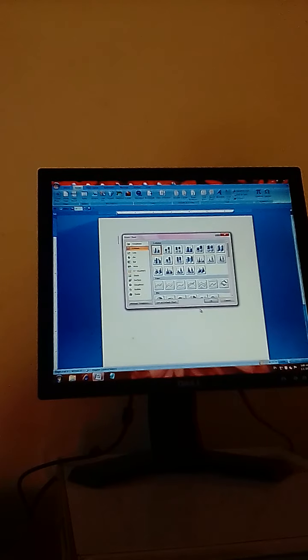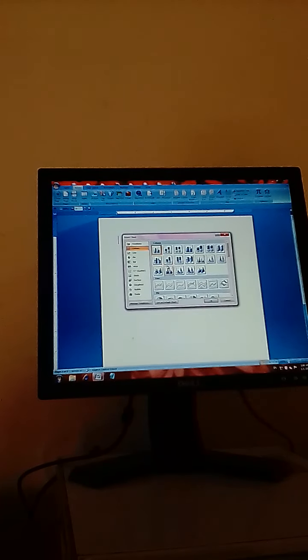Similarly, sometimes you want to insert a chart in your document, you will have to click on the Insert tab and go to Chart, and a menu is displayed here that shows the different styles of charts.